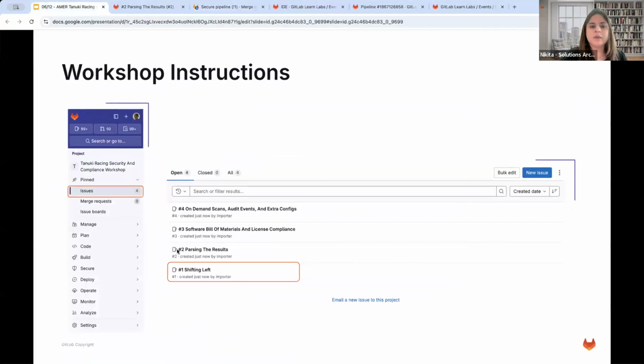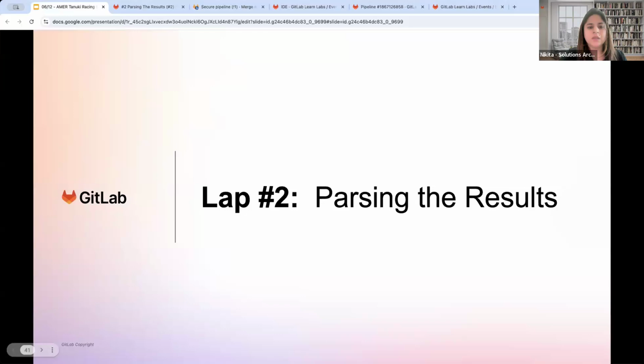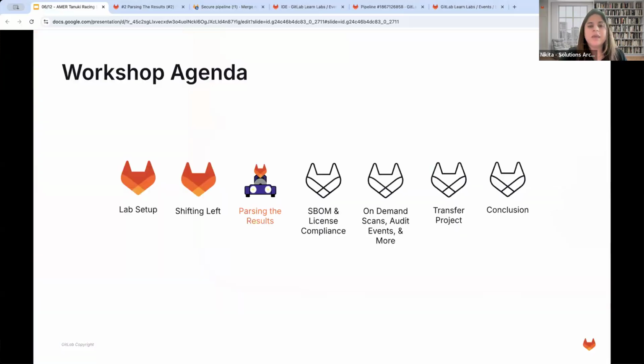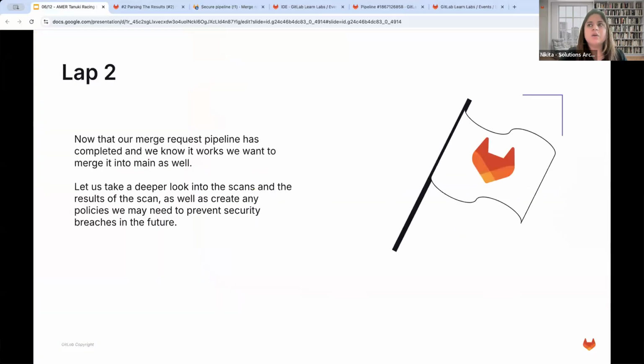But going back to my presentation. So we have started lab 2. We have parsed the result in the merge request widget. And we are going to talk about this lab 2. Now that our merge request pipeline has been completed, we know we would want to get it merged. Let's look at the results of the scan, as well as create the policies we may need to prevent